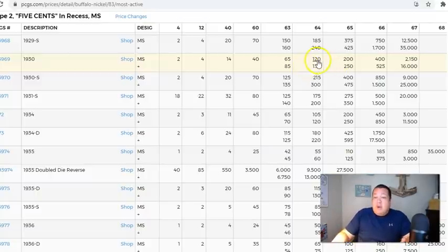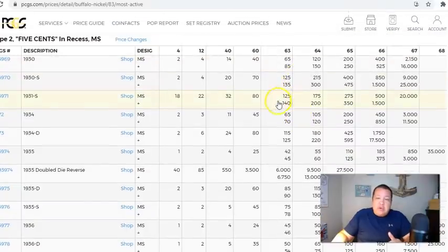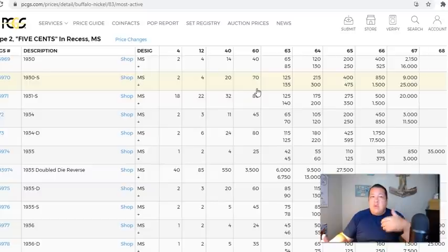But even better, if it came back as 64, you're making money. If it came back as 65, congratulations. It's looking really good from that point. But what you want to do when you're analyzing the grading and price guide information on this website is take a look at the minimum pricing level. All right. By the time you factor in the price of your coin and the grading submission fees, maybe on